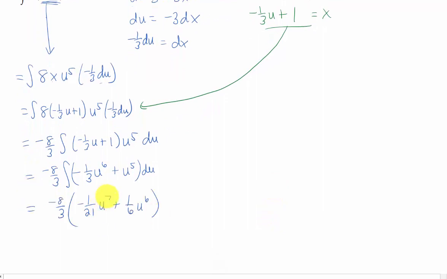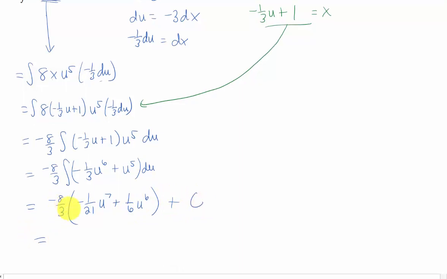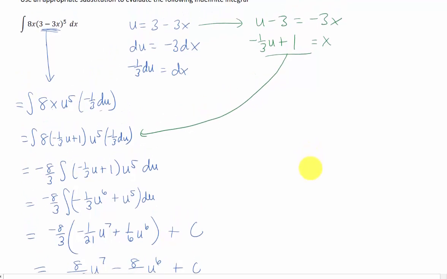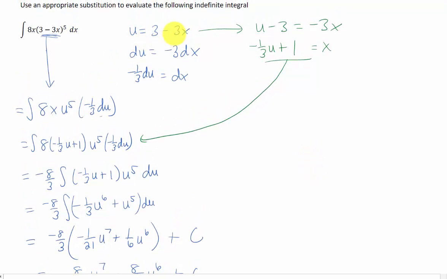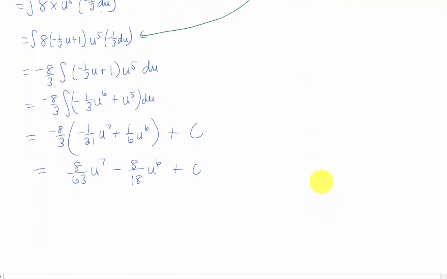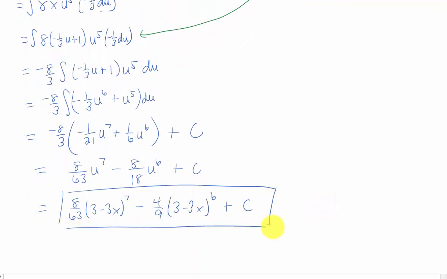We integrate using the power rule. We add 1 to the power of 6 to get 7 and divide by that 7. We add 1 to the power of 5 to make 6, and we divide by that 6. We're going to add plus c at the end of that thing, and we can multiply this negative 8/3 now through the parentheses. And we basically have our answer here. We just need to reduce fractions if possible, and substitute in what u was in the very beginning of the problem. u was 3 minus 3x, so we're going to plug that in down here. And I'm going to box that thing up and call it the answer.